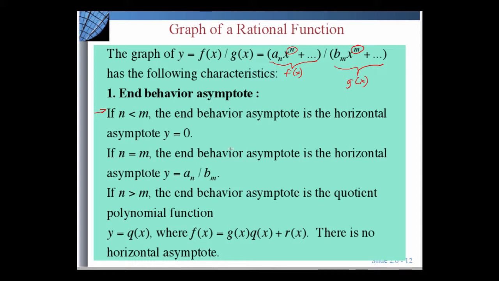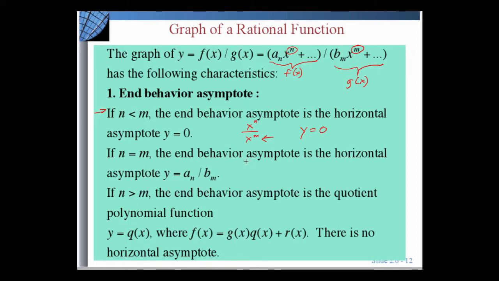Okay? And if you think about that, we have x to the n over x to the m. If n is less than m, then that means that x to the m dominates this function. As x increases, the denominator is going to be increasing much faster than the numerator. So overall, the value of that function is going to be getting smaller and smaller, which means its limit is 0. That's where the horizontal asymptote y equals 0 comes from, because the limiting value of that function as x increases